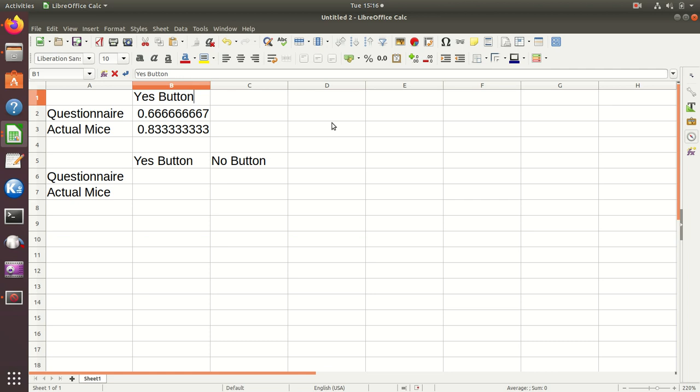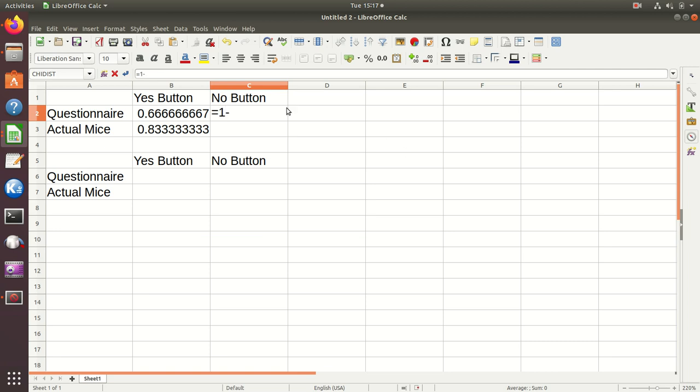But again, these are just the proportions. We want to put actual numbers in here, and so there's yes on the button, and well, then no on the button, and no would just be